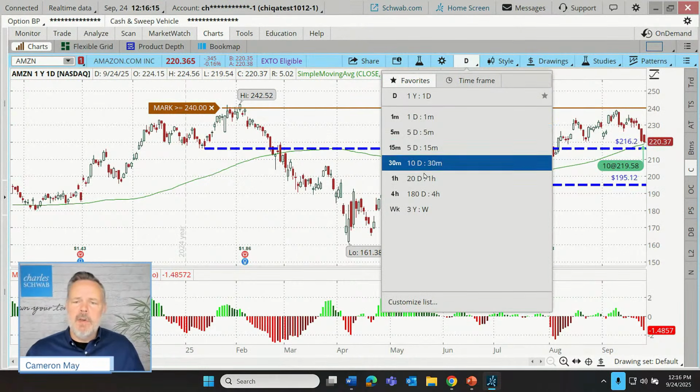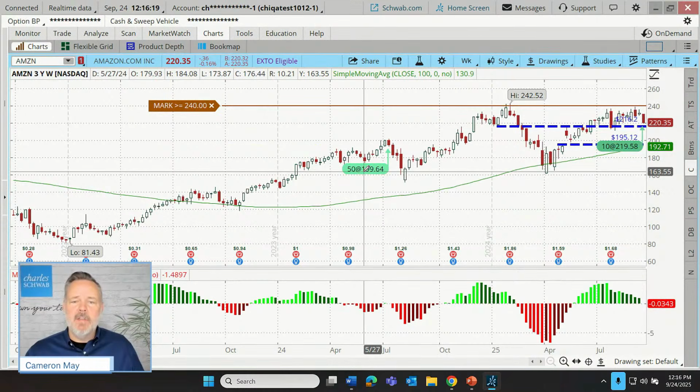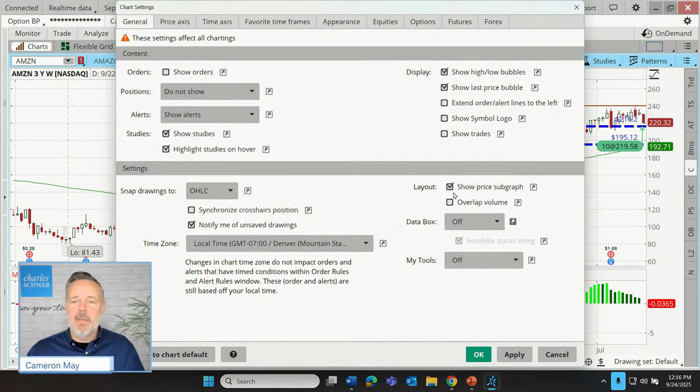If I were to switch this to a longer term chart, I could then see the original 50 shares that I purchased at $199.64. Nice little feature there. Let's uncheck that box for show trades. Now, moving down the lower right, and I told you we're going through point by point, step by step. The general tab I figured was going to be one of the ones that takes me longer to go through.